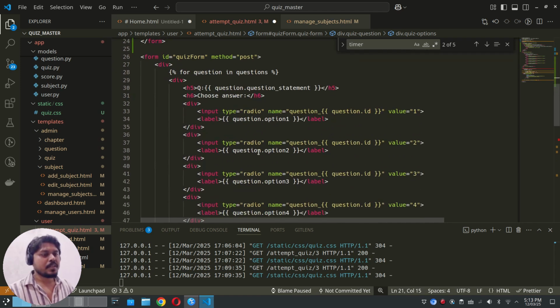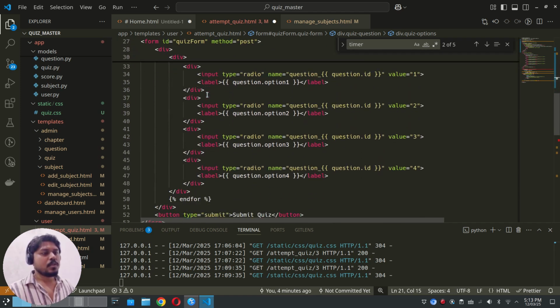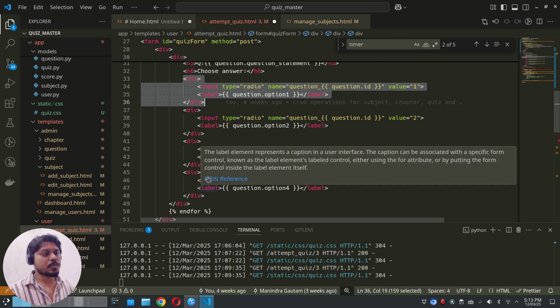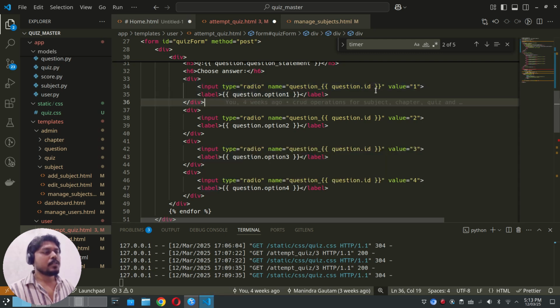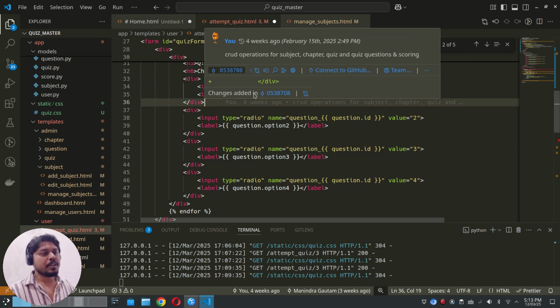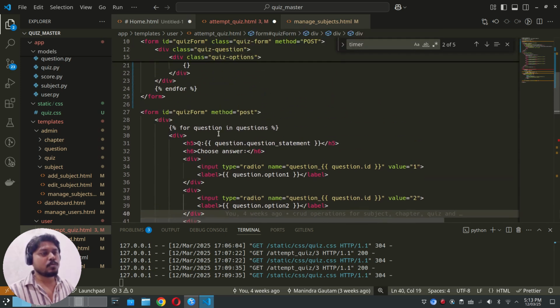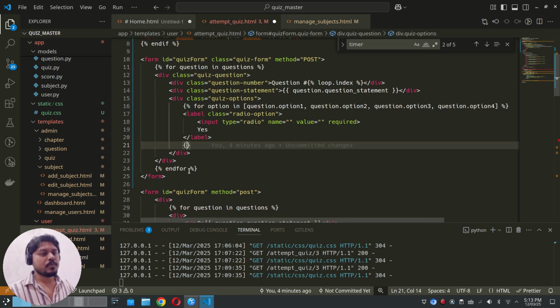Okay, so basically with this loop we don't need to add this element again and again for every option. The value and the label are the only things that differ for each element, so we can get those from the loop. So end this for loop,